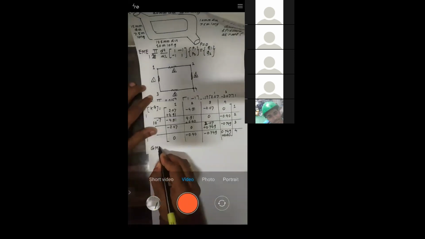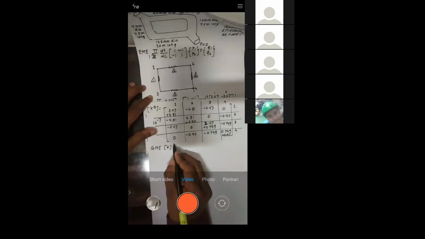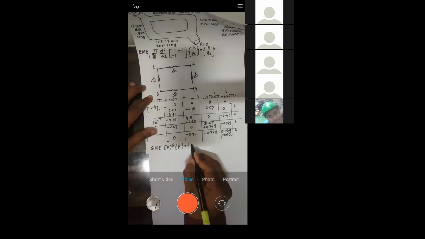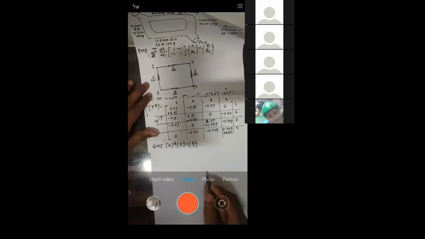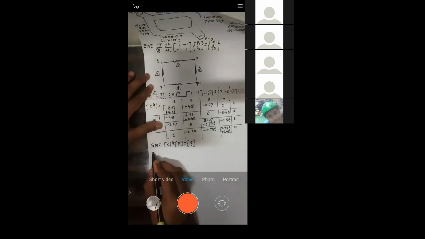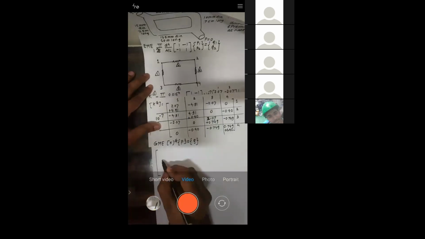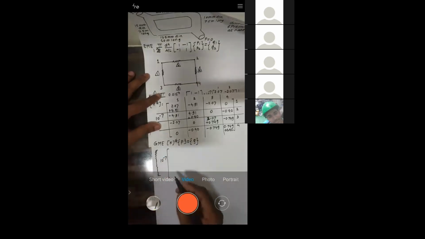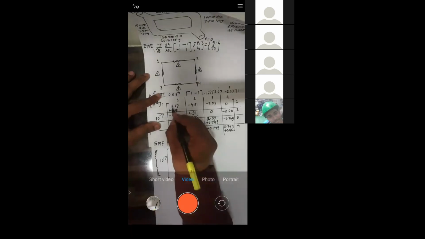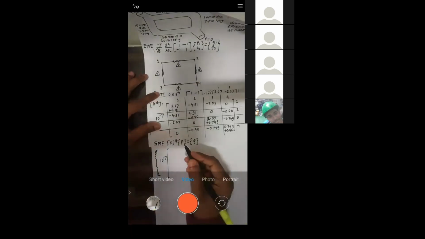Now we need to write down the GME, the global matrix equation, which is given by global stiffness matrix multiplied by displacement, that is pressure, is equal to discharge Q, right? Now this is your global stiffness matrix. Just don't forget to take 10 raised to power minus 7 common. I'll take that common first. Then tell me this addition, 2.07 plus 4.91.